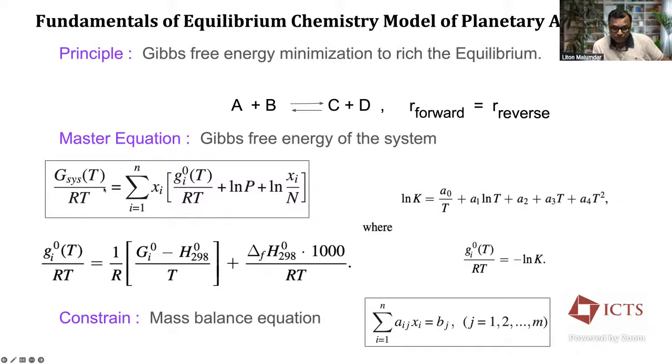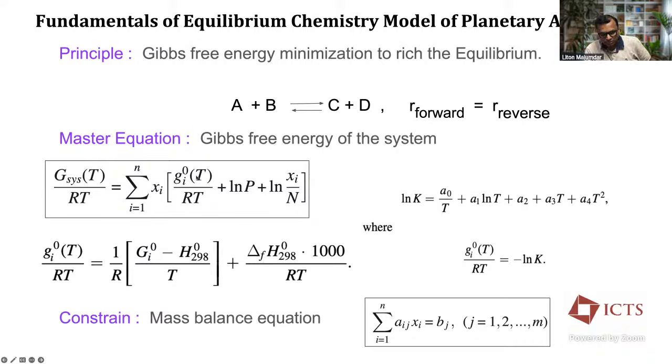Gibbs energy with respect to temperature, which is essentially a function of the concentration, let's say this is Xi. This is representative of how many moles of X are present in I. So this is not the abundance of I species, rather how much X is present in I. So these are the concentrations present in I species, which is the X form,